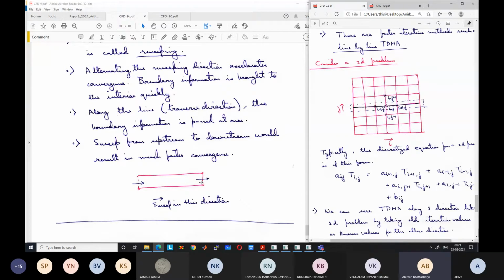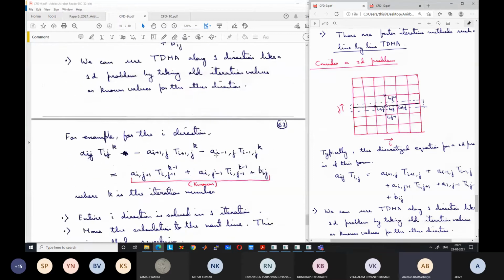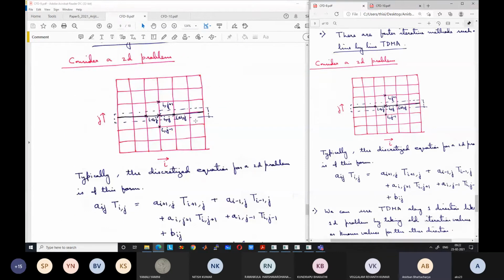Okay. So this method is known as line by line TDMA and is an extension of the TDMA method for 1D. Okay. This can be extended for 3D also. So what will be done in 3D? We will solve for one line, then sweep in the y direction, then go to the next z direction, again sweep in the y direction, go to the next z direction, again sweep in the next y direction. Like this we will proceed. Okay. So the line will proceed in a sweeping fashion like we have discussed for the entire plane.